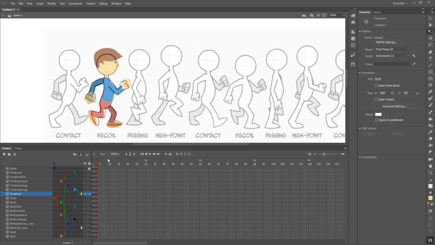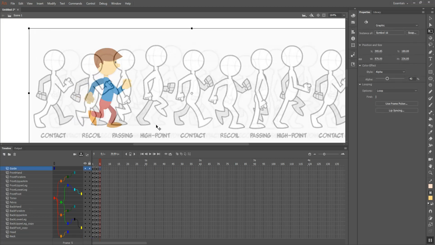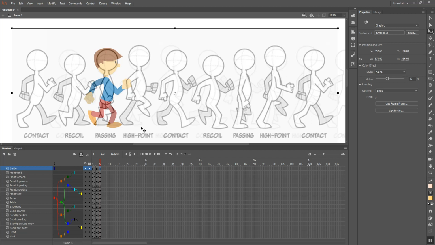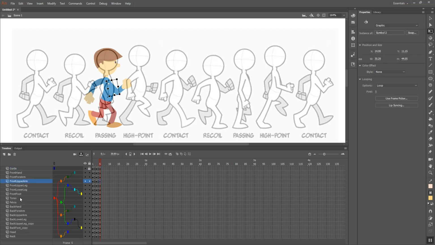Now that that frame is done, I proceed to go to frame 5 here on the timeline, press F6 so that I set up a keyframe on that frame, deselect the layer, the guide layer, select it, unlock it, and then slide it again to the left, lock it again so that I don't select it, and then proceed to match the position of the different items to those in the guide drawing. So torso goes up,